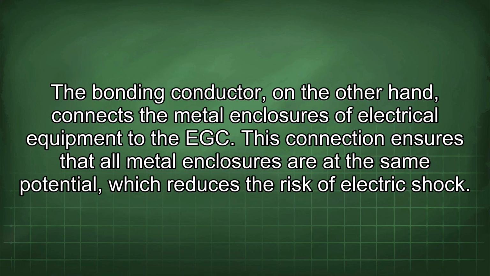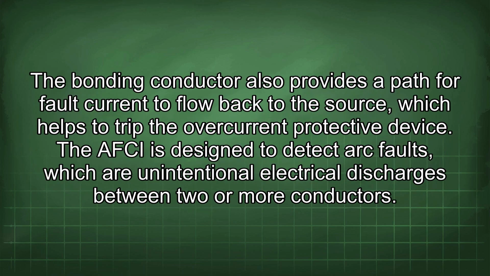The bonding conductor, on the other hand, connects the metal enclosures of electrical equipment to the EGC. This connection ensures that all metal enclosures are at the same potential, which reduces the risk of electric shock. The bonding conductor also provides a path for fault current to flow back to the source, which helps to trip